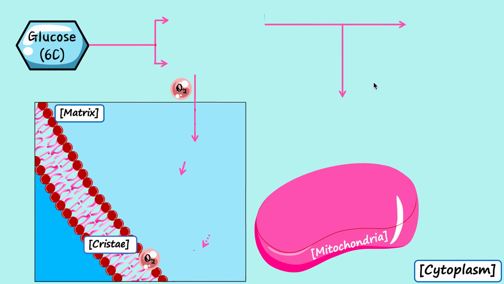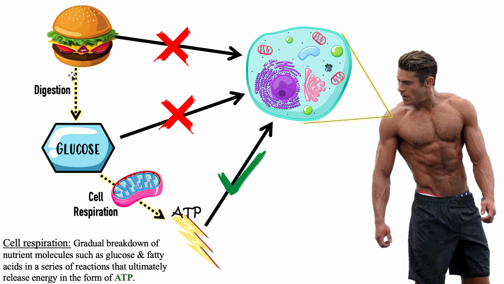So first, if we come back to this part, we need glucose. Remember, how does glucose get into our cells again? We eat something, we digest it into glucose. Glucose gets absorbed into our bloodstream. Our bloodstream will carry it to our cells, which will take it in. Okay, so our cells now took it in.